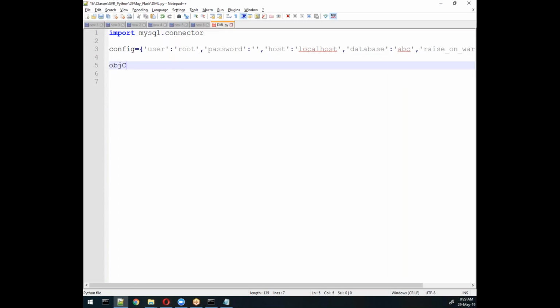Now another thing is we require a connection object. You can write any name, ABC also, but better to write a proper name. So I'll write here mysql.connector.connect, and then **config.